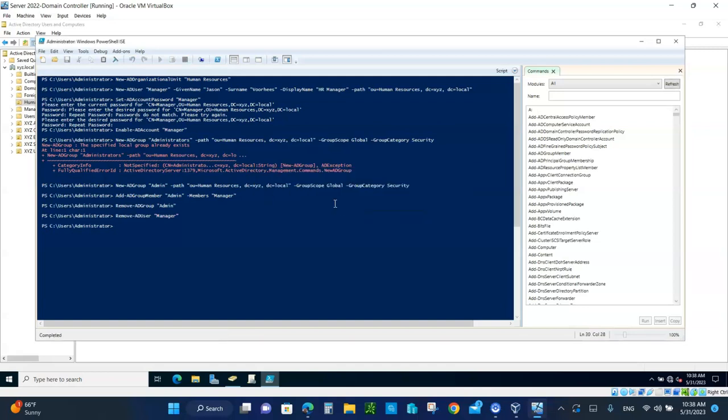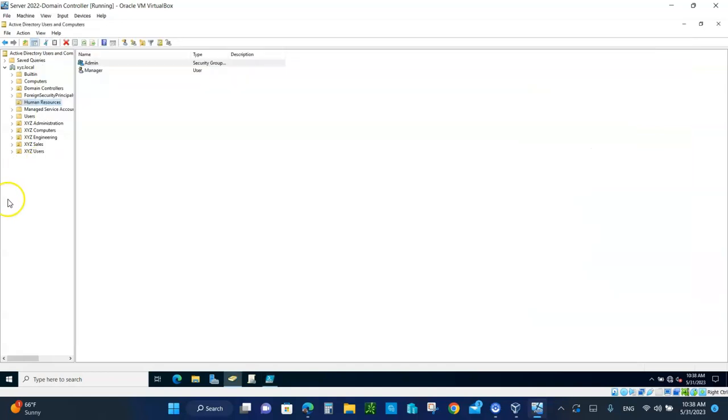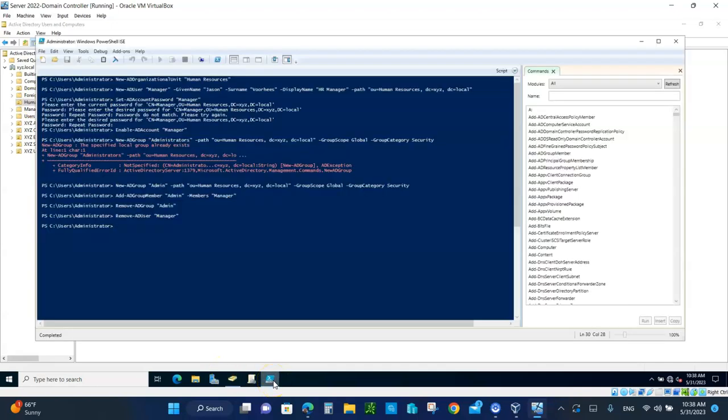He's been removed. All right, now let's go back and let's refresh, verify they've been removed. There you go, they're all gone. Now we're going to remove the human resources organizational unit. So let's go back to PowerShell, and we are going to say Remove-ADOrganizationalUnit, hit the tab key, space,